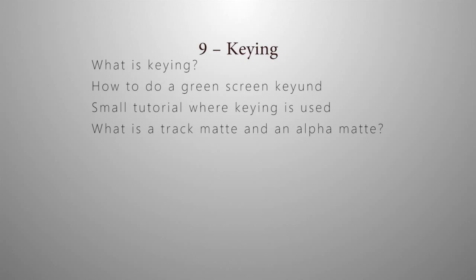It's called Keylight 1.2, and with that plugin we will replace the background of a video. Then we'll make a tutorial where keying is used, and I will also explain what a track mat and an alpha mat is. As you can see, the difficulty is getting higher through the different chapters,